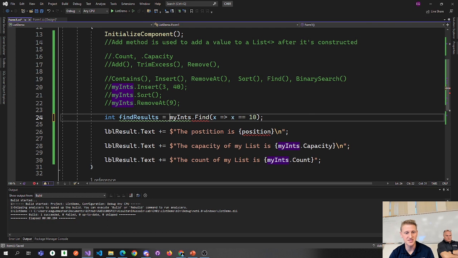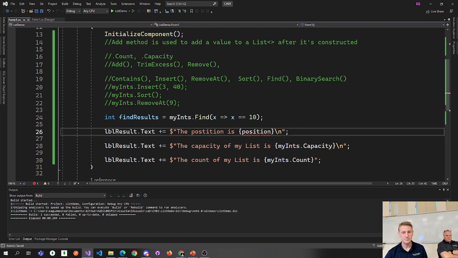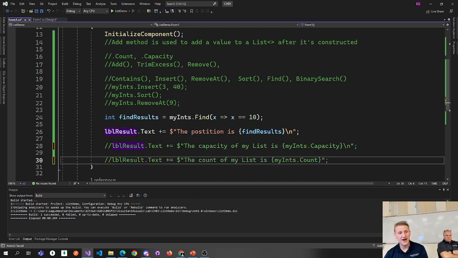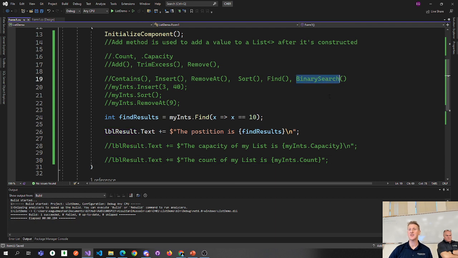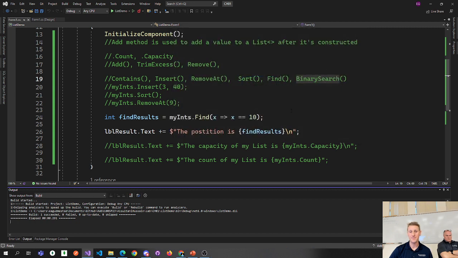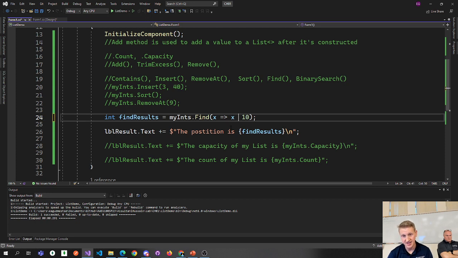Find results equals, and let's put find results here. Okay? So find is very useful because binary search just gives you back the index. But check out what find gives you. Find gives you the value back. So you can do something like find x where x is